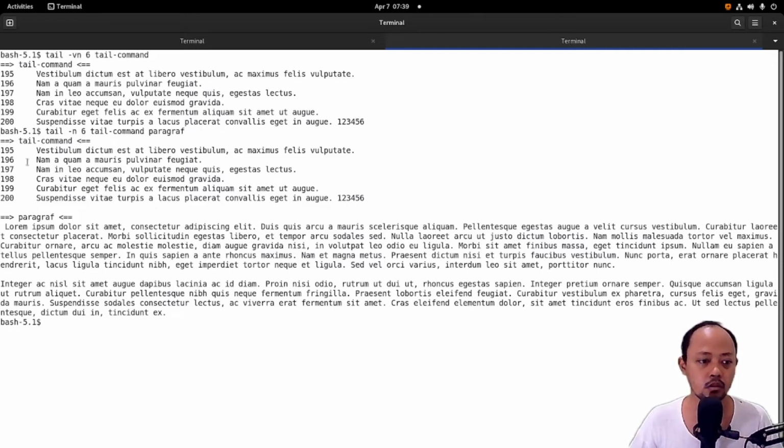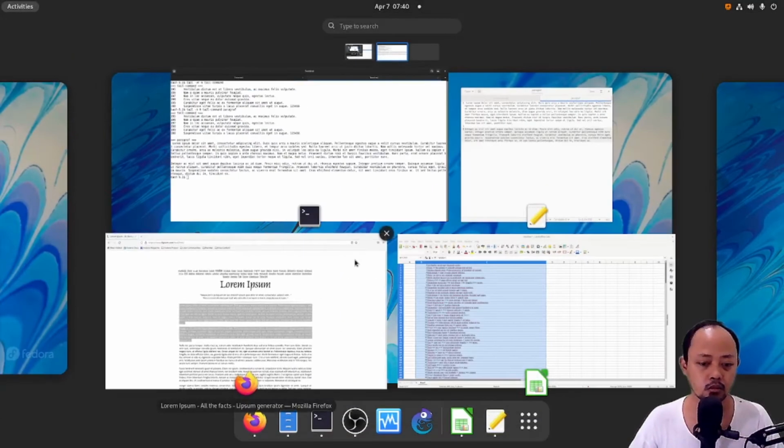Maybe the tail command will count from the last enter, because if I see this paragraph, there's only 2 lines. The tail command just counts the new lines of a file, for example like this.